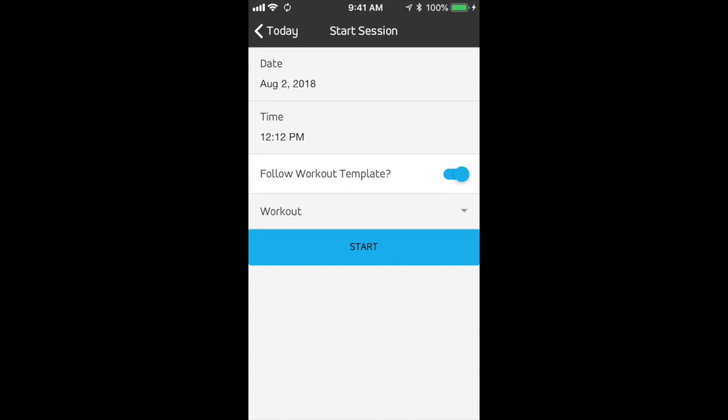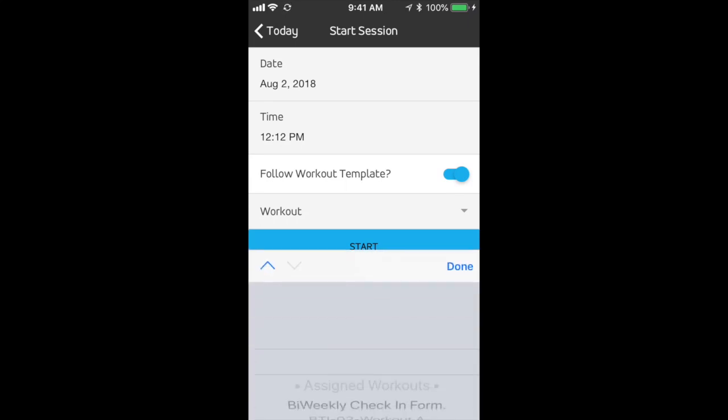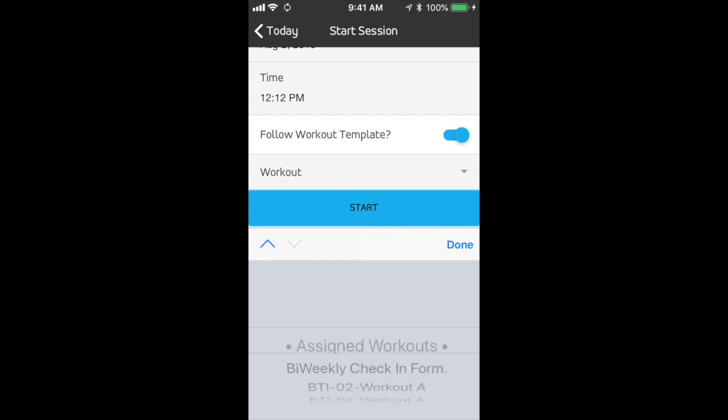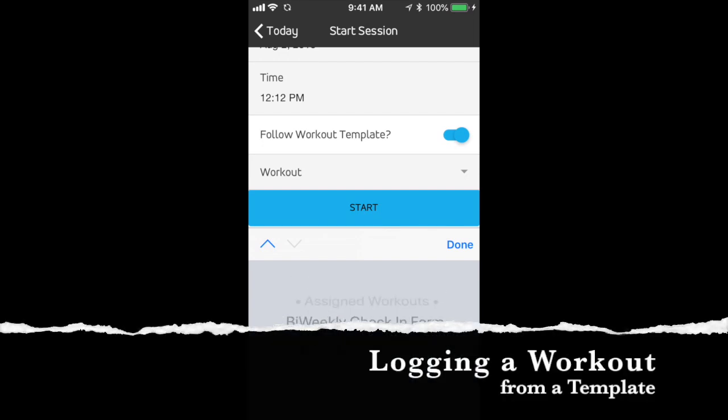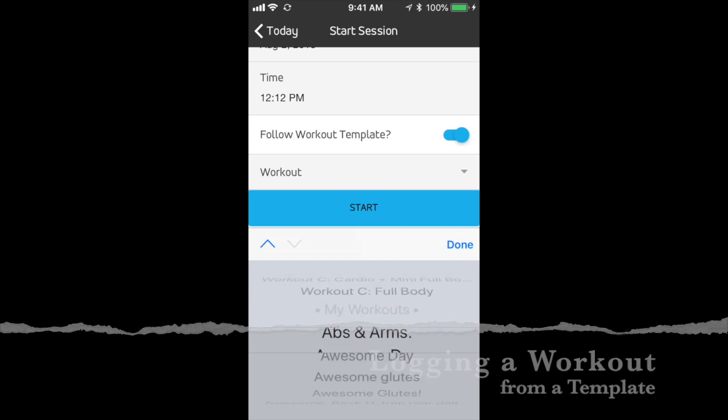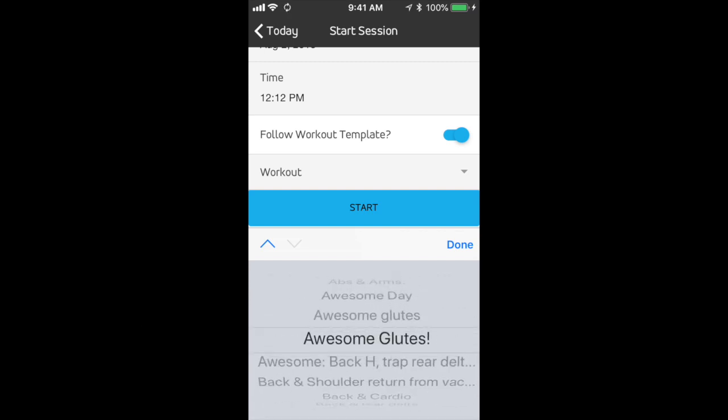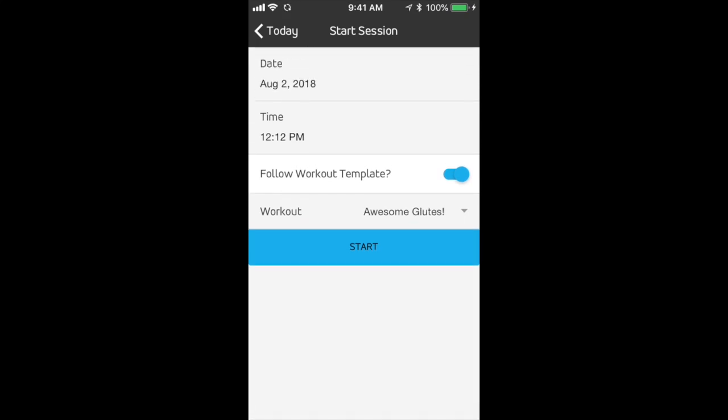Here's the main question: follow workout template. Now the template that I give you is your workouts. So here I've listed all your workouts, and any of the workouts that I've done for myself and I've named them, say awesome glutes, I can go ahead and log against that workout. So what it's going to do when I hit start, and I'll show you,